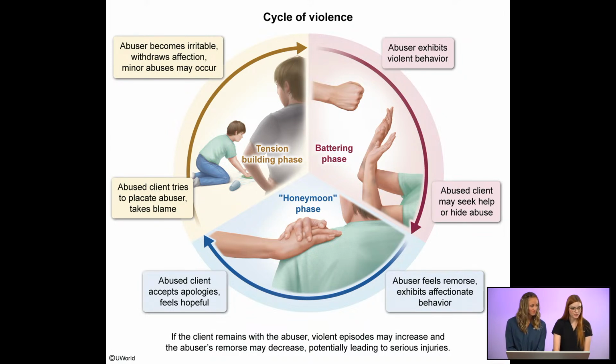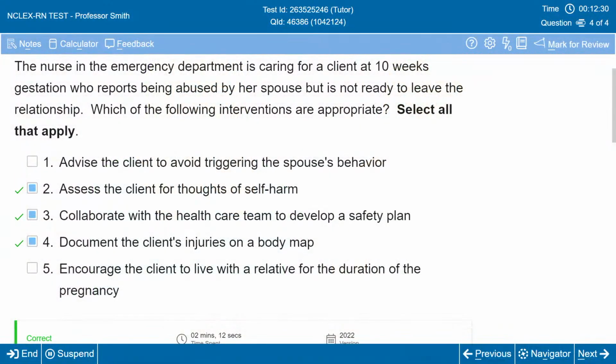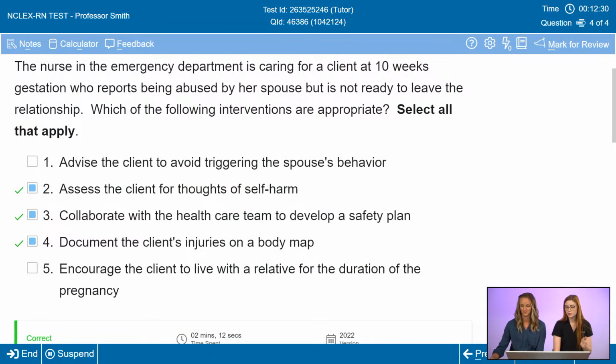We have a couple of questions back on the one we were just on, so I'm just going to flip back real quick. Some students were asking about option 5, because we know this client is pregnant, and in terms of her safety, can you speak a little more on why we would not be encouraging her to do that? Unless the client expresses a desire to leave the relationship, we can recommend that they have a place they could go if things escalate and that they could be safe, but you're not able to encourage the client directly to leave a situation and go live with someone else, because it's not an easy transition.